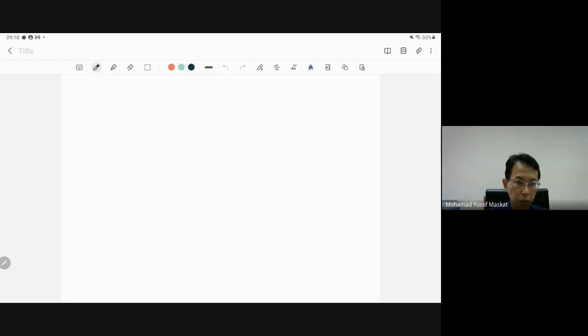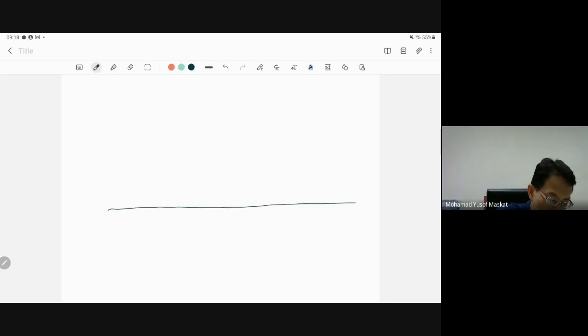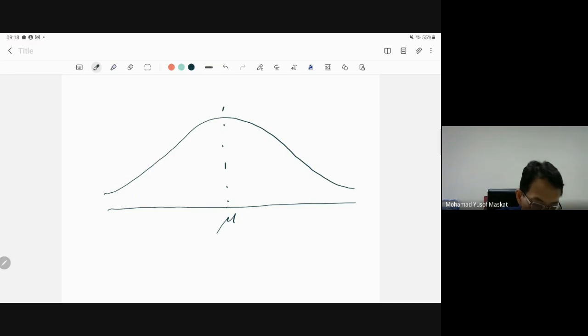For example, you can remember how are we able to get a better estimation of the population mean? Basically it is because of the normal distribution. So this is the actual population mean, and then we take samples randomly. But because the majority of the population resides near the population mean,